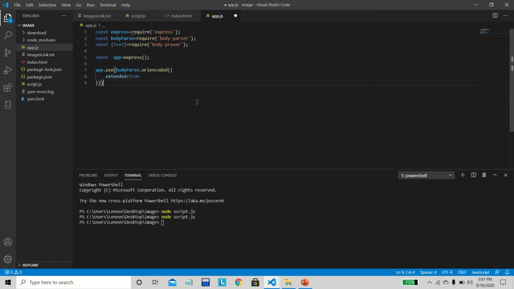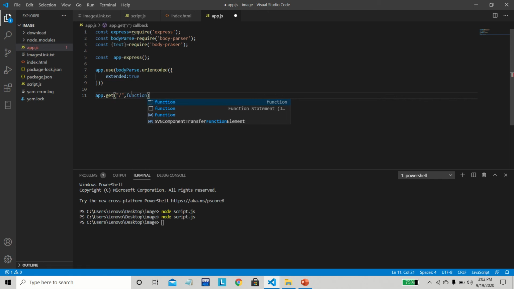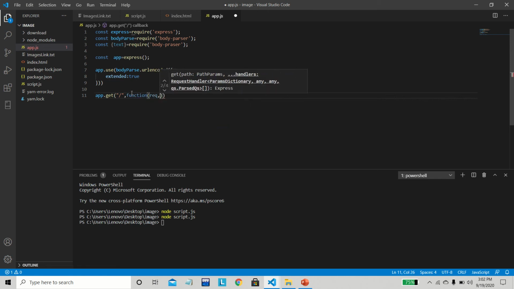Once we declare this, now we want to send our HTML file. So we say app.get, and we pass the root directory, the root URL. In it we pass a function which will have a request and a response.